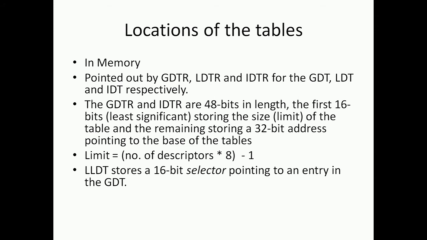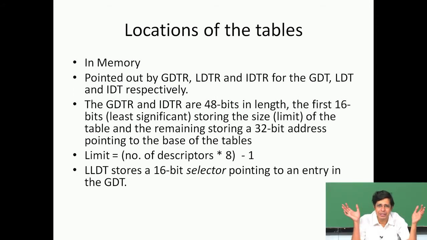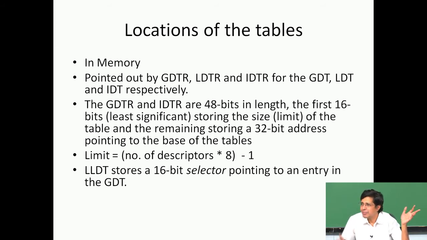Right. We can go and adjust this 16 bit. So, I need not say every time it should be by default 16 bits. I can make it say I will only store 5 descriptors or 10, I can make it even 20 or 40. It need not be occupying the entire 8 KB. The limit field is what you set. So, if you want to create an LDT of size 10, you go and make that limit field as what? 80, because you need 10 descriptors. So, the limit field you can set on your own, but you have to be very careful in setting the limit bit, so that exactly that much is allowed.